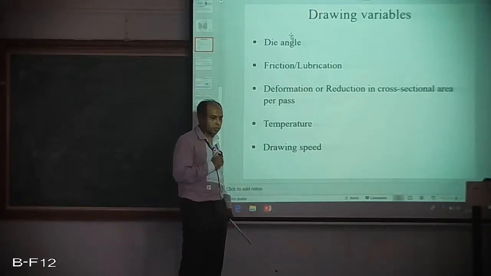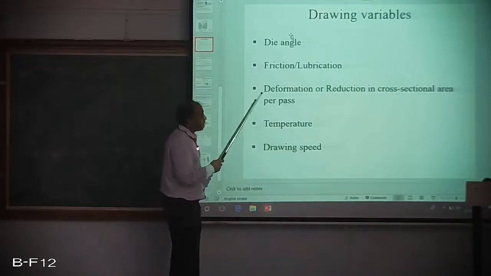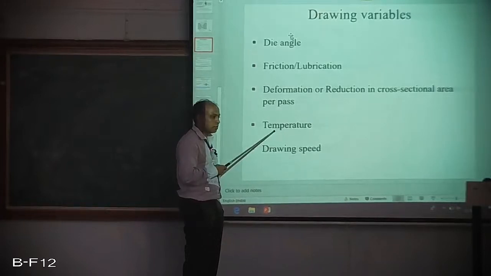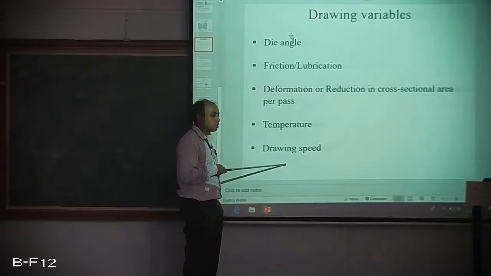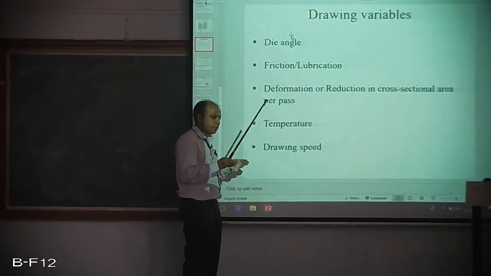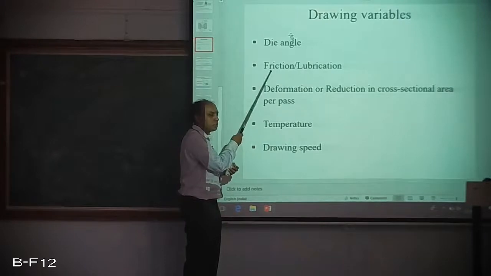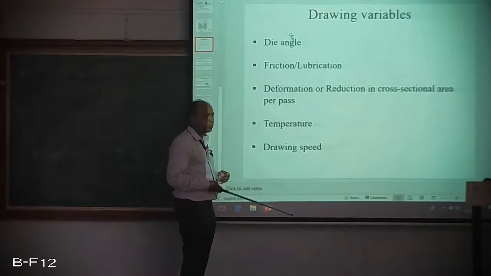If you are not allowed to go below 6 degree, and whatever friction is happening is undesirable, then for that also, if you want to reduce the frictional losses, you need to use lubrication. So what I am saying here is lower die angles, higher friction. If we are on the lower side of that operating window for the half die angle, it is better to use lubricant to reduce the friction. So there are different types of lubricants.